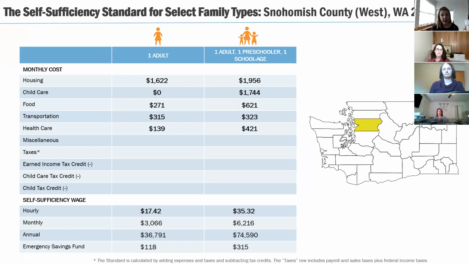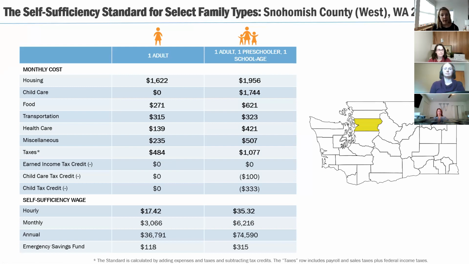The next cost is healthcare, and this assumes the expenses of employer-sponsored health insurance. So we are assuming that people are working and they're getting insurance through their employer. So healthcare premiums and out-of-pocket costs are determined from the Medical Expenditure Panel Survey, and then a county index is calculated by us from rates from the benchmark plan via the state marketplace. Miscellaneous costs include things like clothing, shoes, personal hygiene products, telephone service, and these are calculated by taking 10% of all the other costs.